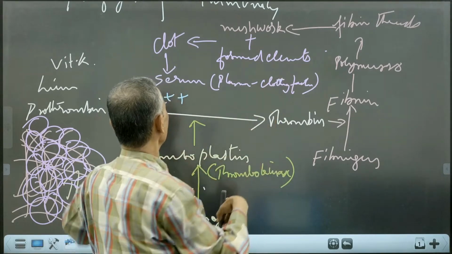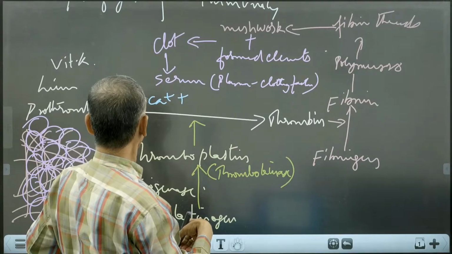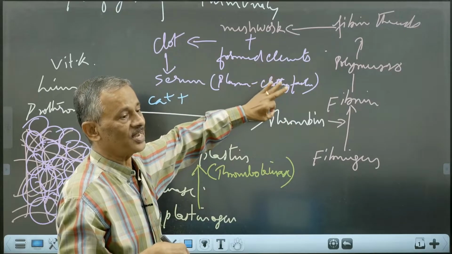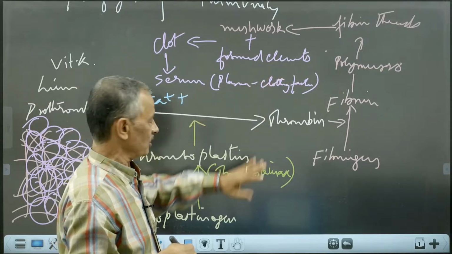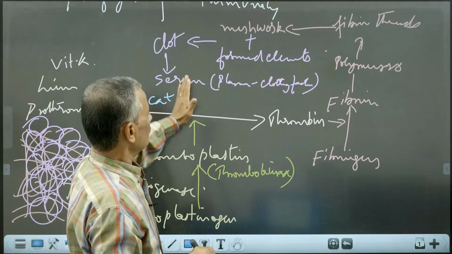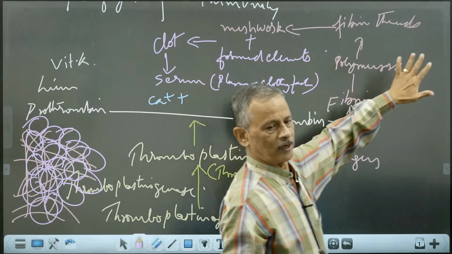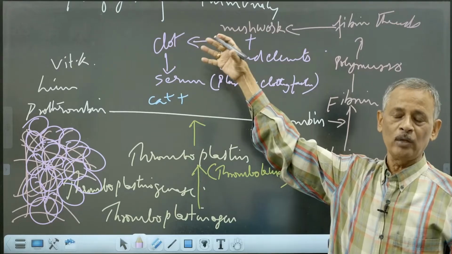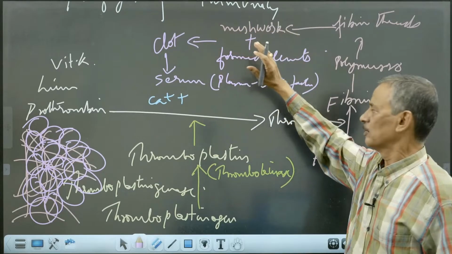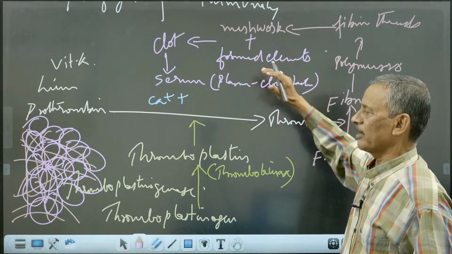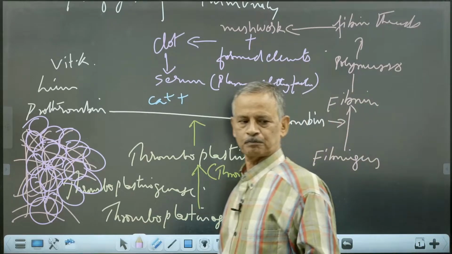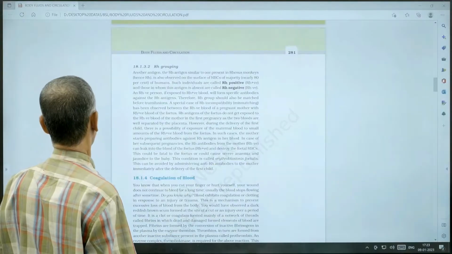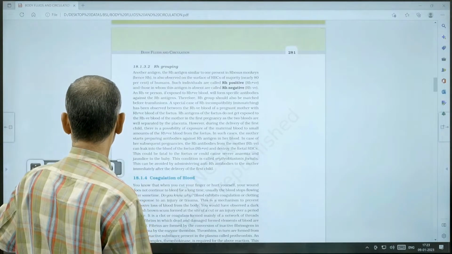Okay, understand that? So this is the long series of reactions, which is a cascading reaction. What is a cascading reaction? In every step, the reaction becomes stronger and stronger. So at the end, the reaction becomes so strong and occurs very quickly. Such a reaction is called a cascading reaction. Clear? Now we pass on to the next part,